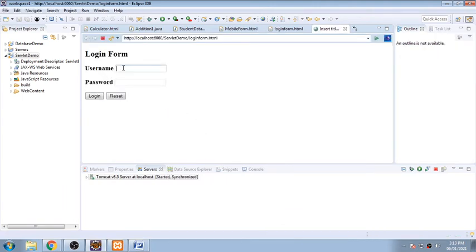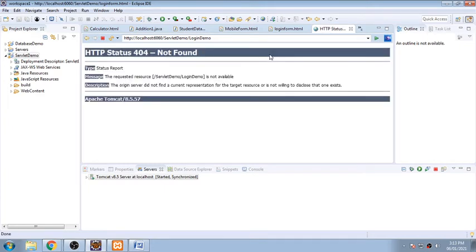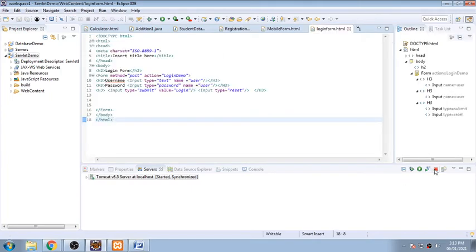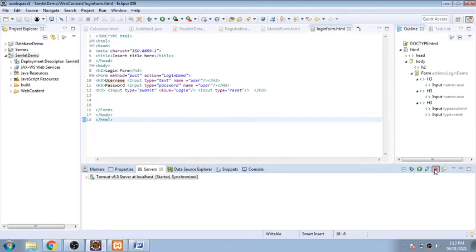So this is what is expected, and when I put something like this IBM RD and some password over there, and when I click on this login button, automatically it will be moving towards the login demo. Okay, so up till now you are clear with this. We will be transferring the username and password to this next form, and from where we'll be executing it on a servlet.